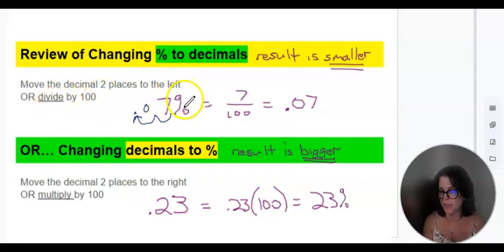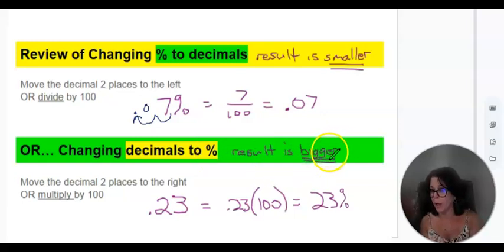So instead of 7%, you would write 7 divided by 100, and your calculator tells you it's 0.07. It doesn't matter which way you do it, but everybody learned a little differently, and so you can choose which way is easier for you. Now, if you're going in the other direction, decimals to percent, you'll have to do that sometimes, your result's going to be bigger. So 0.23, we either move the decimal 2 places now to the right, which would then be 23%,